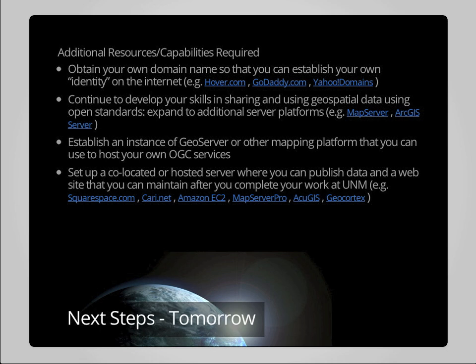The other thing you can do after you have perhaps looked at some of the other map server platforms for publishing the services is you could then establish an instance of your own of one of those platforms. So whether it's GeoServer or MapServer or even ArcGIS, you could set up and host a platform that you can use for sharing your data with the rest of the community, so that as you generate and collect data, you can publish it using the OGC web map, web feature, and web coverage services